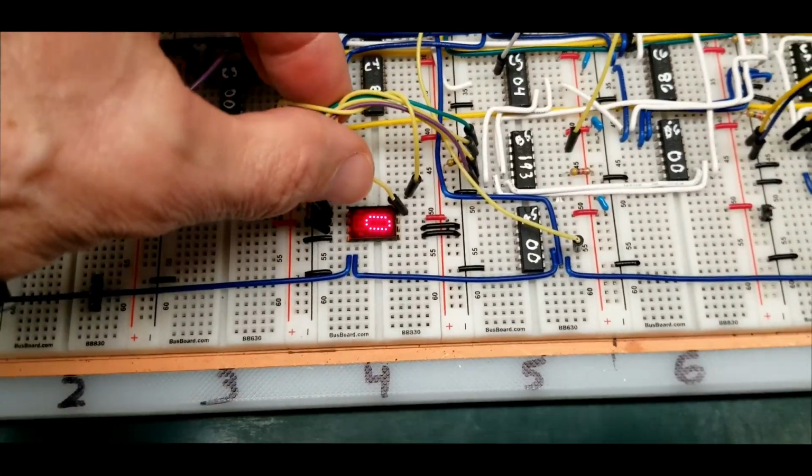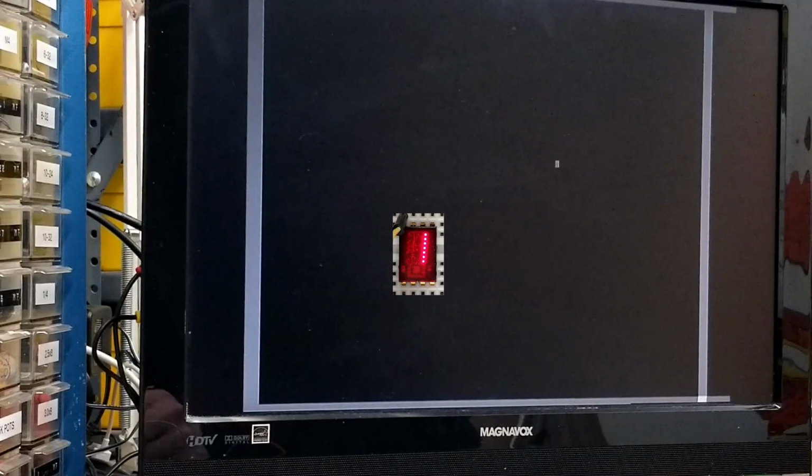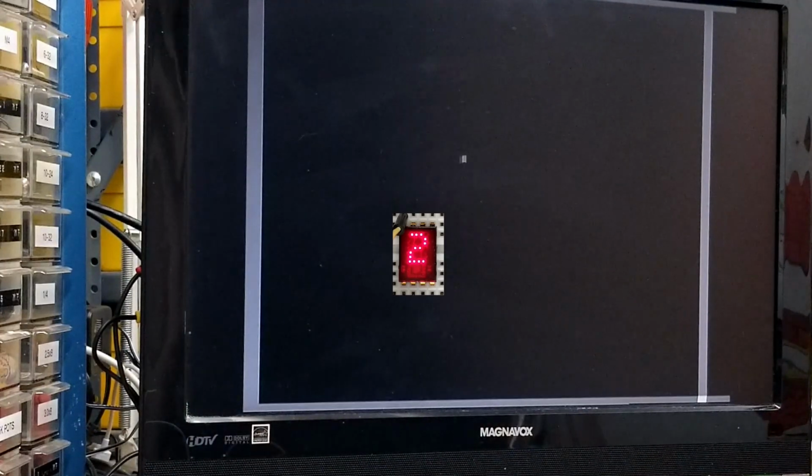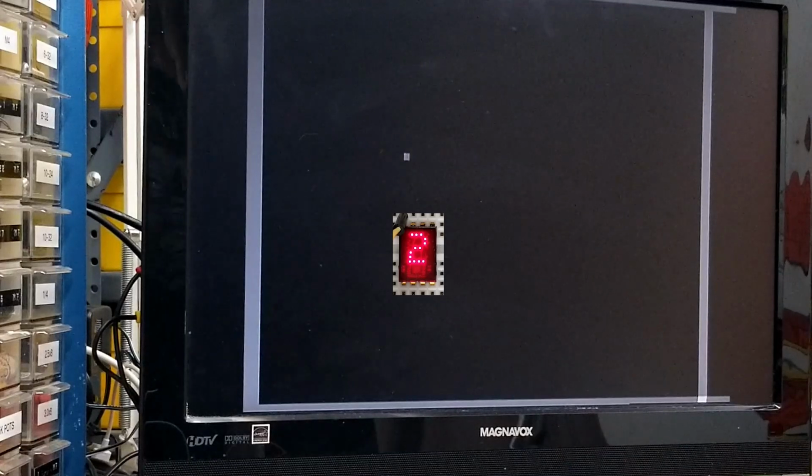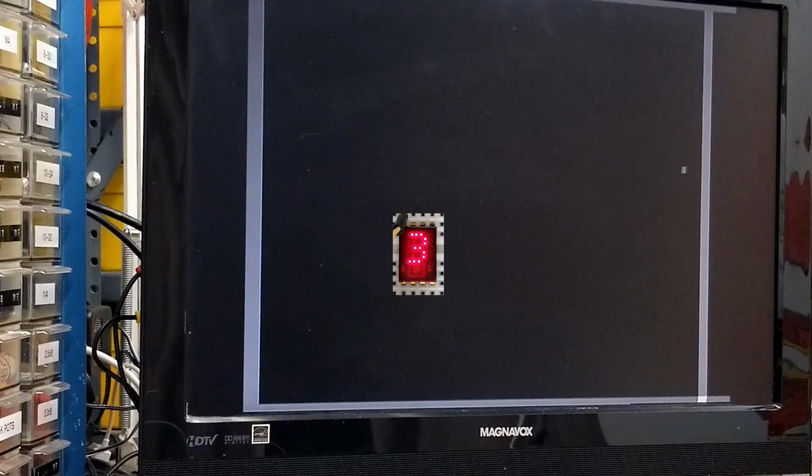I'll add a hex display to this counter and we'll turn this on. Slow. Changes to medium at 4.